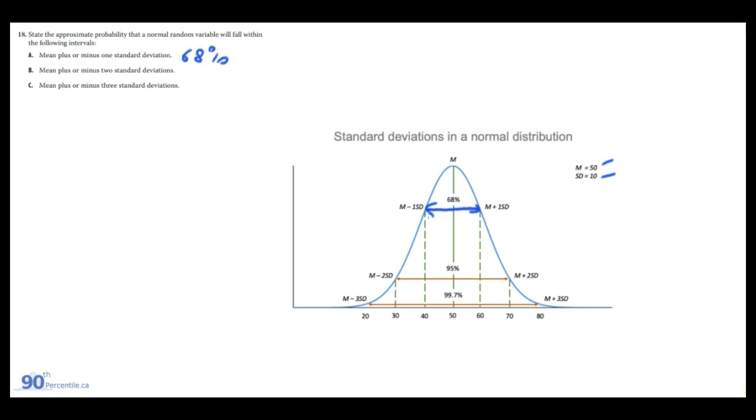68%. For B, same thing, but now we're dealing with 2 standard deviations, which is 95% of values will be contained within that. And then finally, the last one is mean plus or minus 3 standard deviations, which is around 99% of values will be included in that. And if you wanted to go out all the way here,